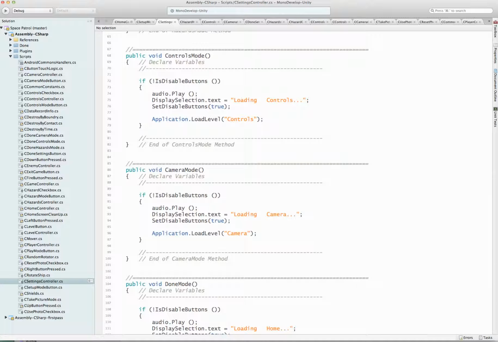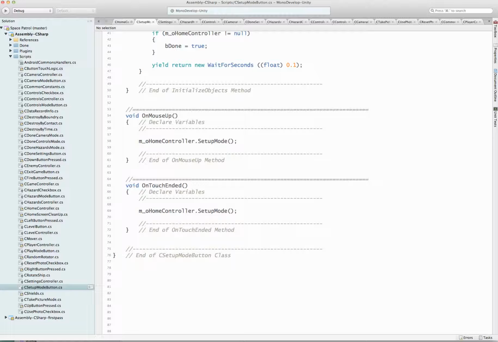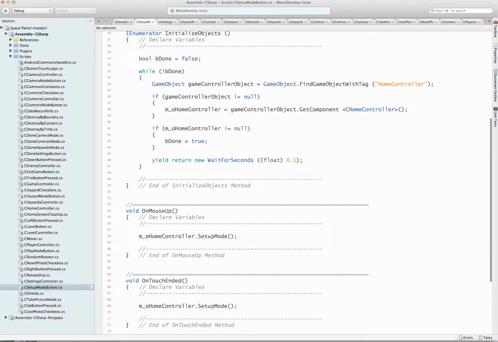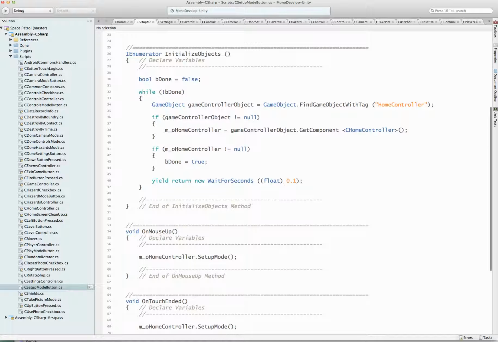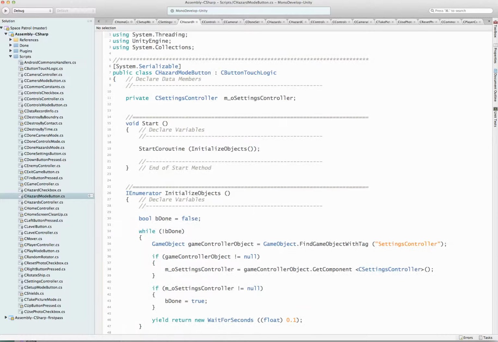Now, on the setup mode button, so what happens is that the script that, this is the setup button. So what we want is we have, let's look at the hazard. There's a script for each one of them. So you'll have the hazard mode button. This is the button that gives you the hazard. Then there's also one for control, and there's also one for camera, and there's also one for done. Now you'll see that the format is it comes in and it calls this method